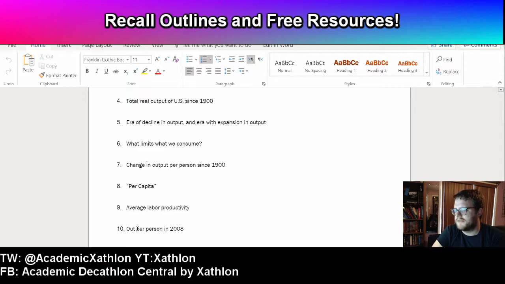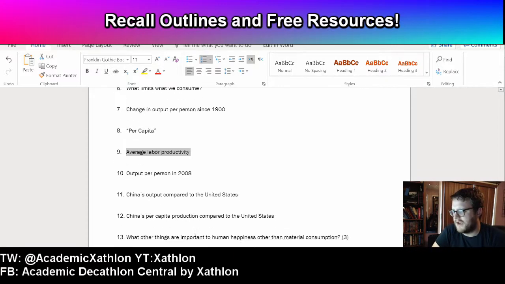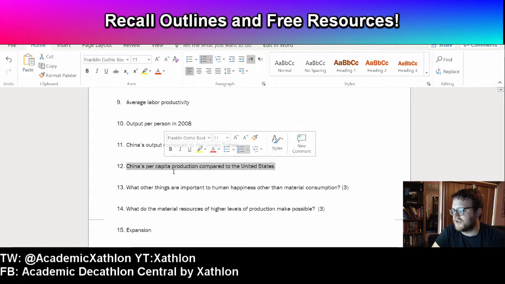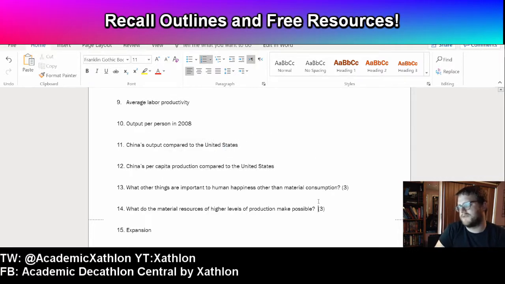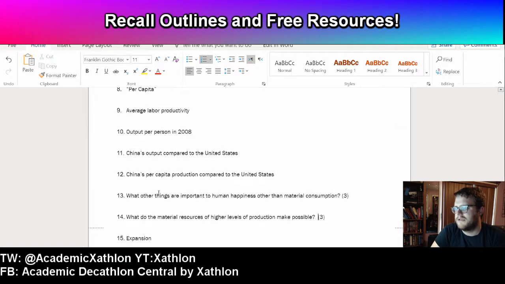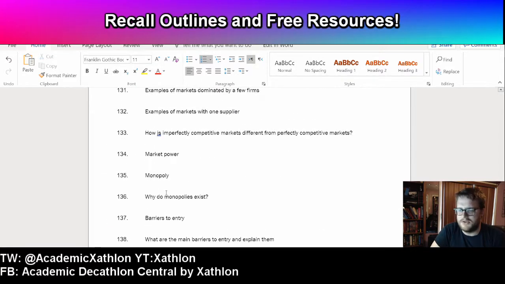Ooh, that's an error right here. I'm going to go ahead and just do that real quick. It gets very broad and simple. Define average labor productivity, right? Very specific. China's per capita production compared to the United States, right? In a very direct sense, because it asks for that stuff, right? And so I really like allowing them to go back and do this. I think they're finding it useful. I think I find it useful, and